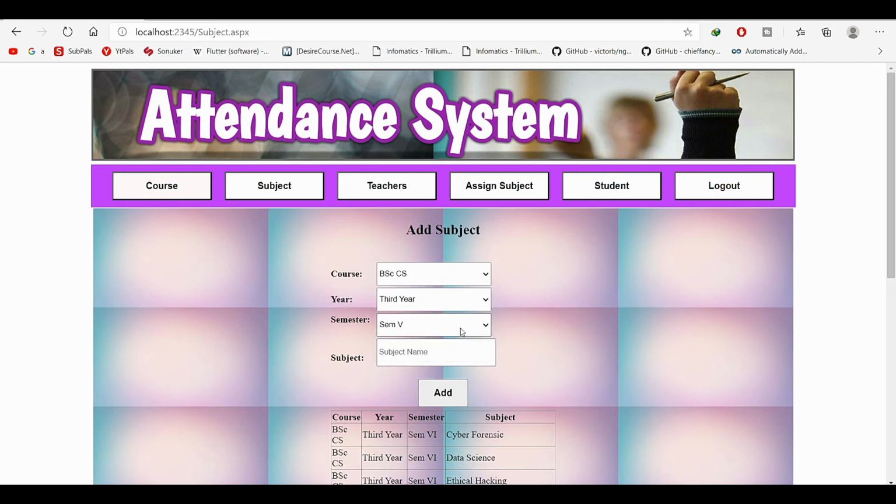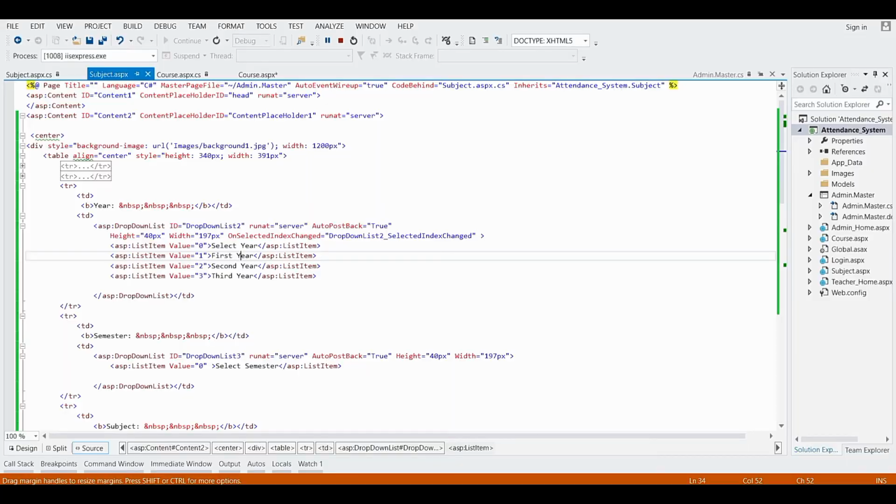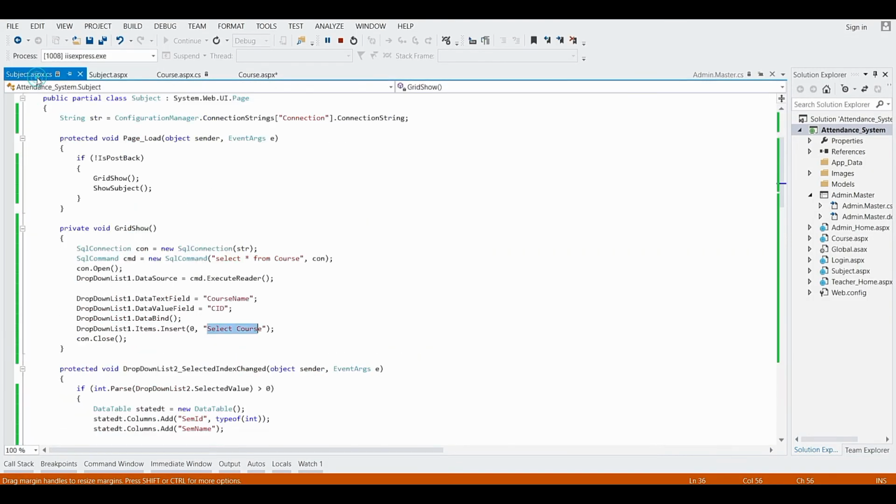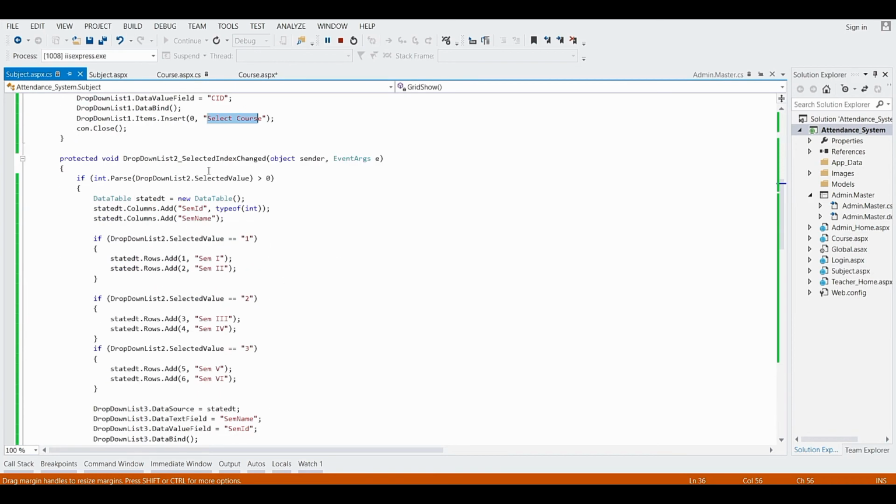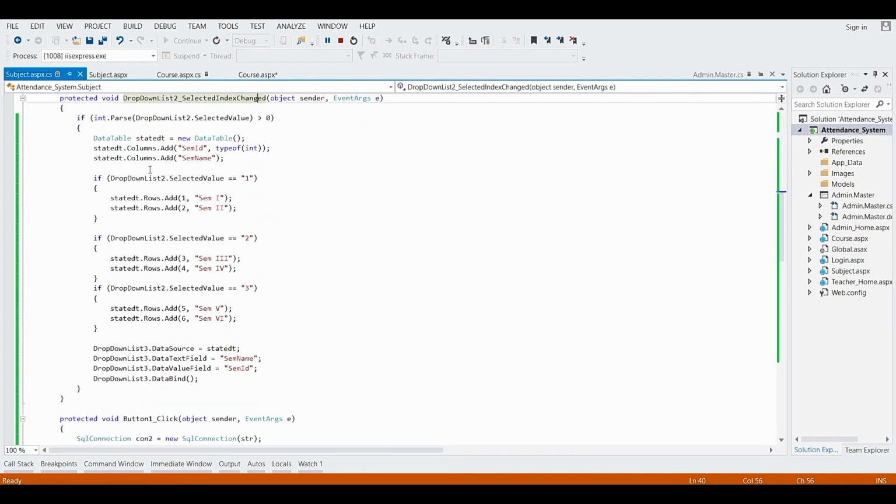For that dynamic binding of the drop down list, we have to add this event selected index change. Okay, now inside this event I have taken the if tag.